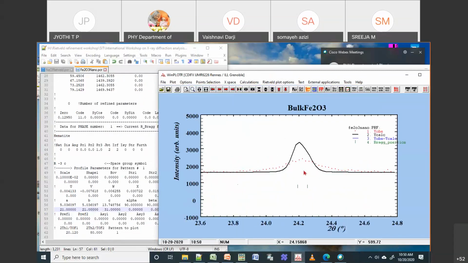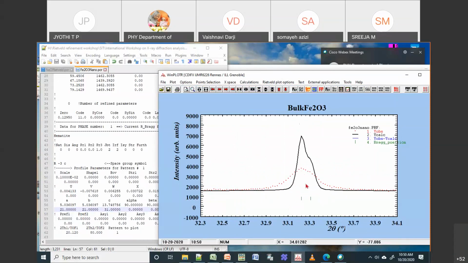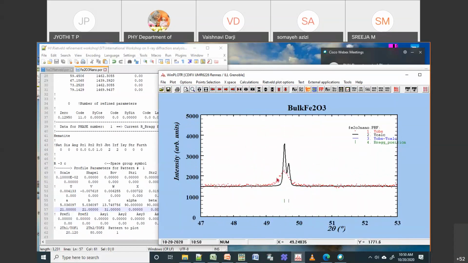Now if I check the data, you can see the peak has come to the center. You can do the same thing for all the places. You can see it is already in the center. The only thing is it's not matching the width. So now this is the shape. You need to change the shape of this.